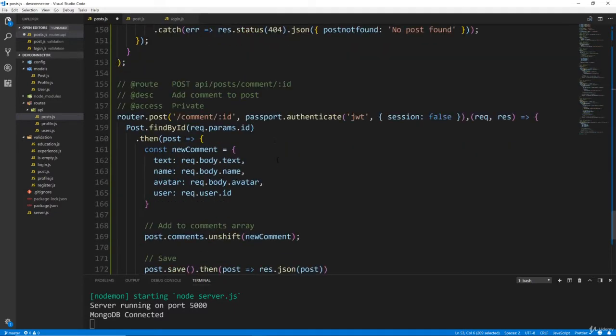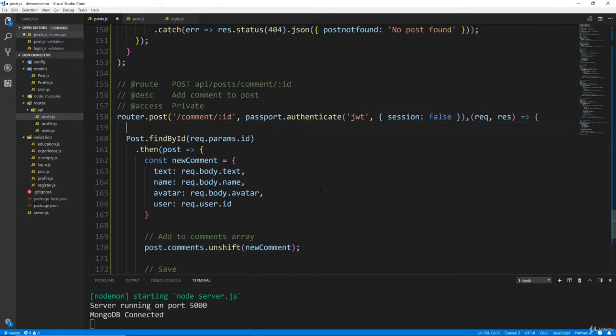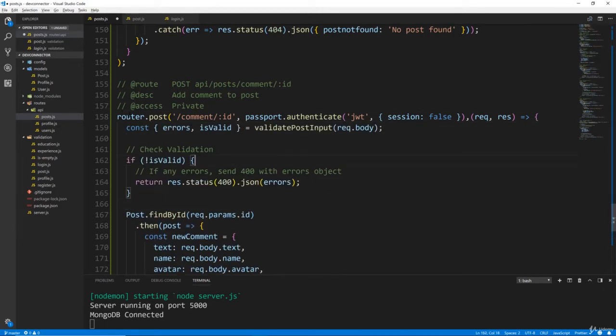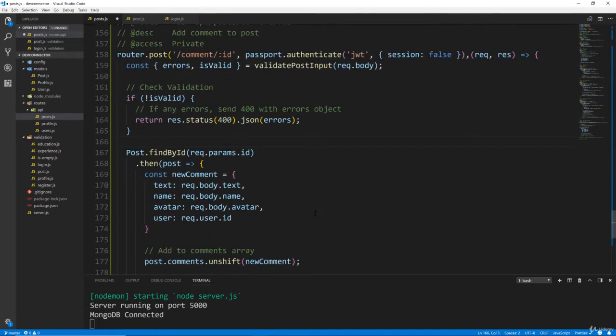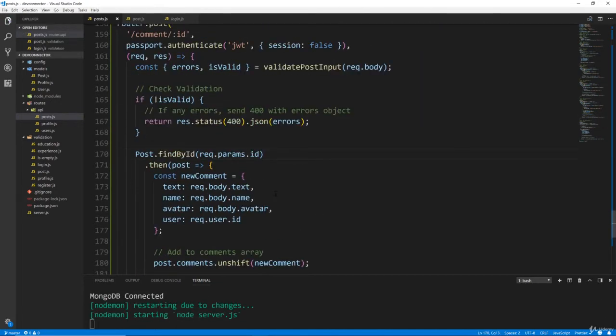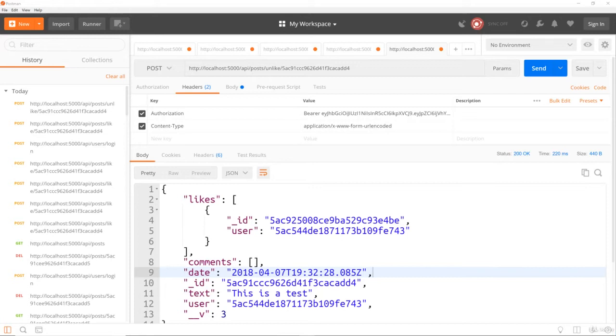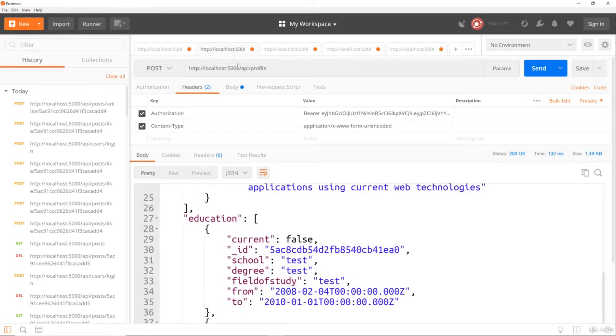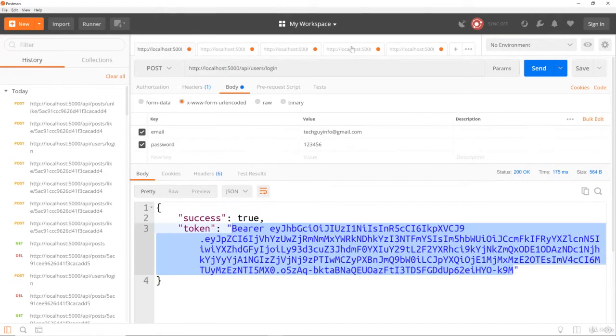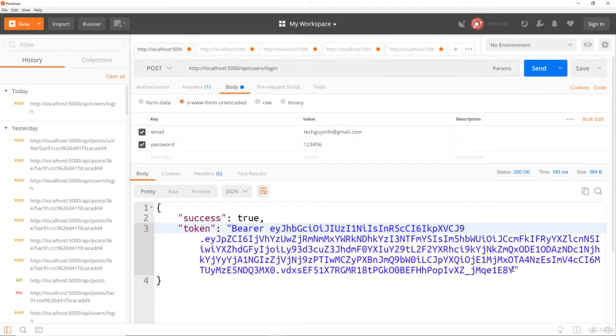So let's see, right before we do anything, that'll check the validation and send some errors if there are any. So let's save this, and let's try to add a comment to a post. So I'm going to go back to Postman, and I'm just going to re-log in. So I'm going to go to one of my tabs here, the user's login, and let's log in as Brad. Grab the token,